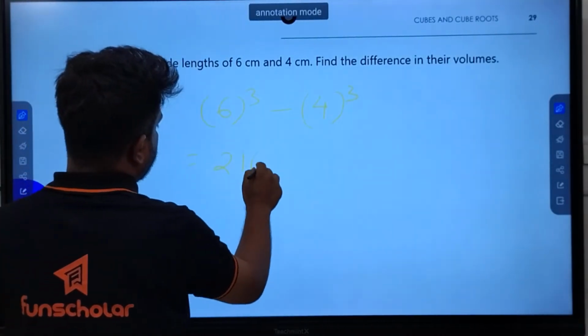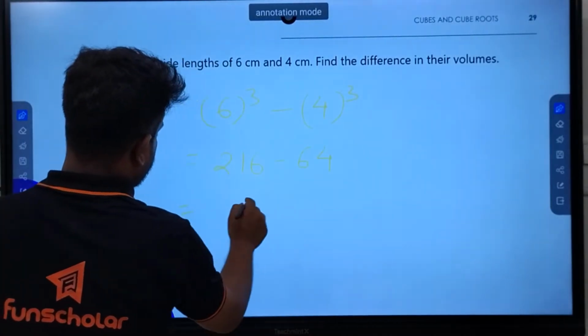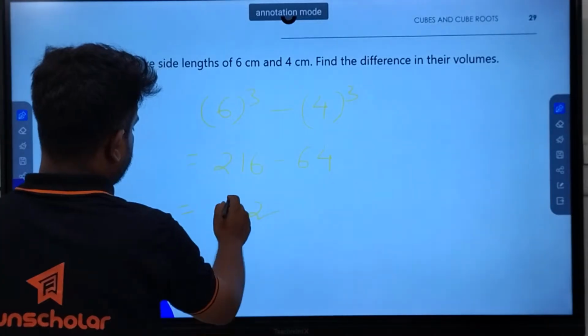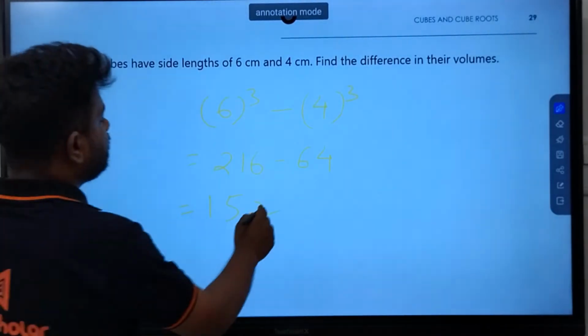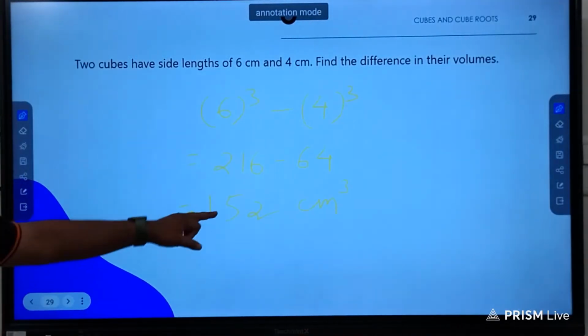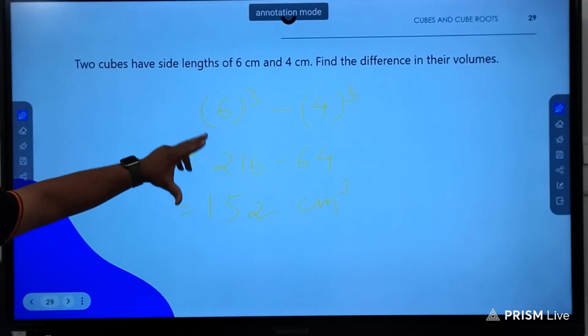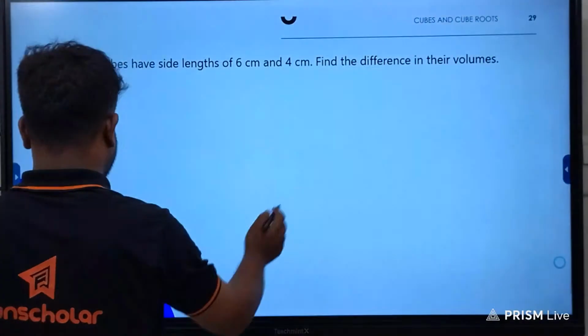So it will be 216 minus 64. It will be 152 centimeter cube. Okay, so this will be the difference between the bigger cube and the smaller cube. Next,